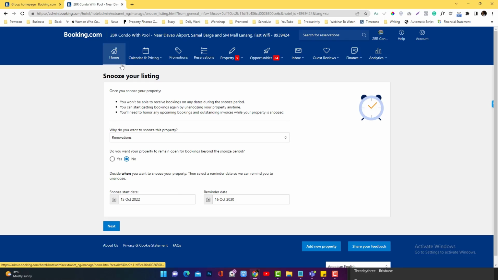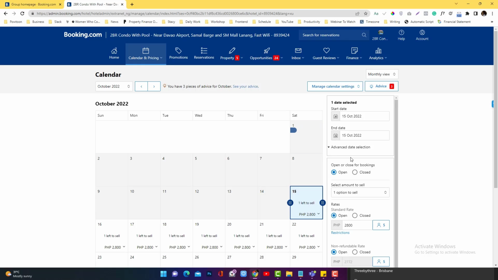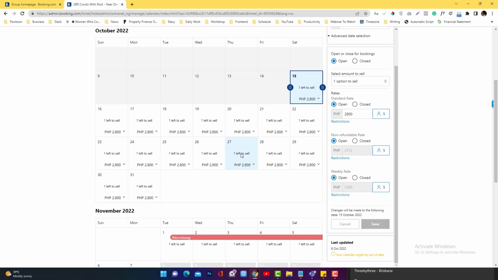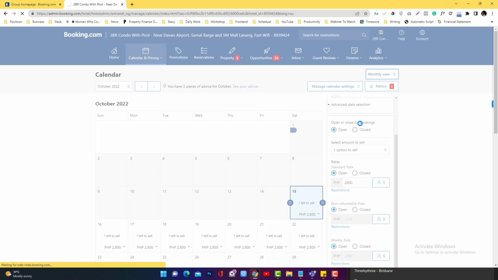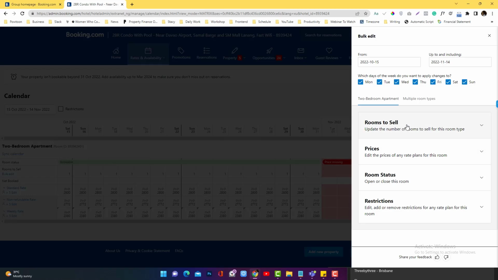Now let's jump in with the calendar blocking. For the calendar blocking, you click this calendar and pricing, go into the calendar, and then you'll be redirected to the calendar portal view. I don't think it has an option for you to multiple block in this calendar view. I always use the list view because it's easy for me to do multiple changes. So you just need to click this list view section, and then you click this bulk edit,